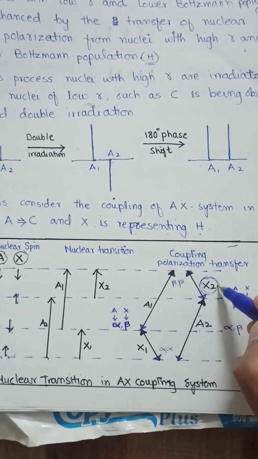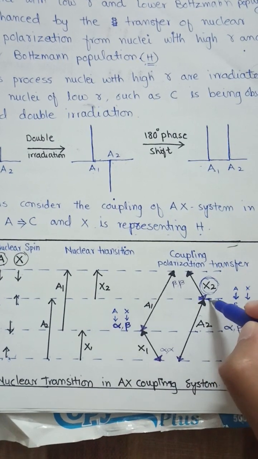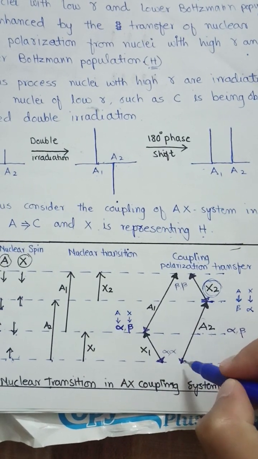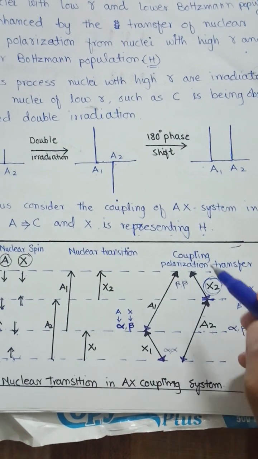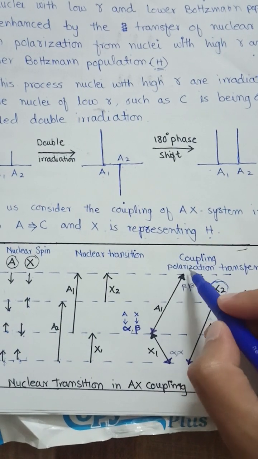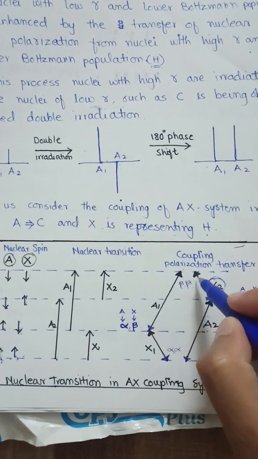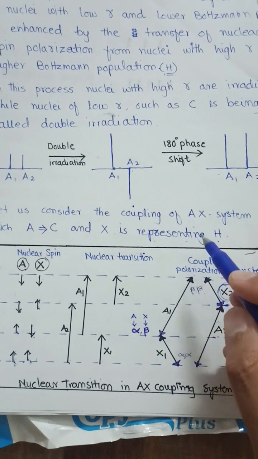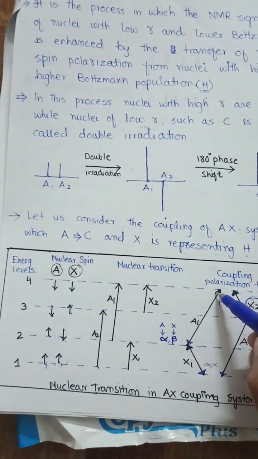So this proton causes a decrease in spin states or population difference at this level 3. So for this reason the carbon spin state will be shifted from alpha to beta spin state. And due to this, if the spin state at level 4 is enhanced, so all these are at beta spin states, and due to this reason it will cause a reverse in direction of the carbon from this